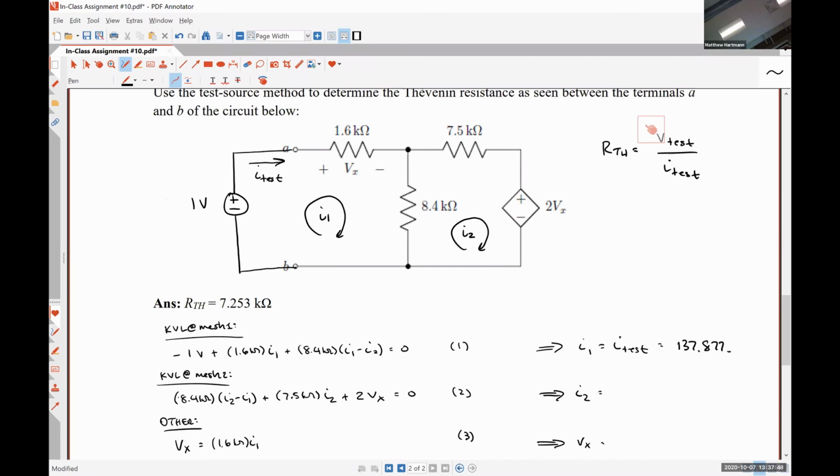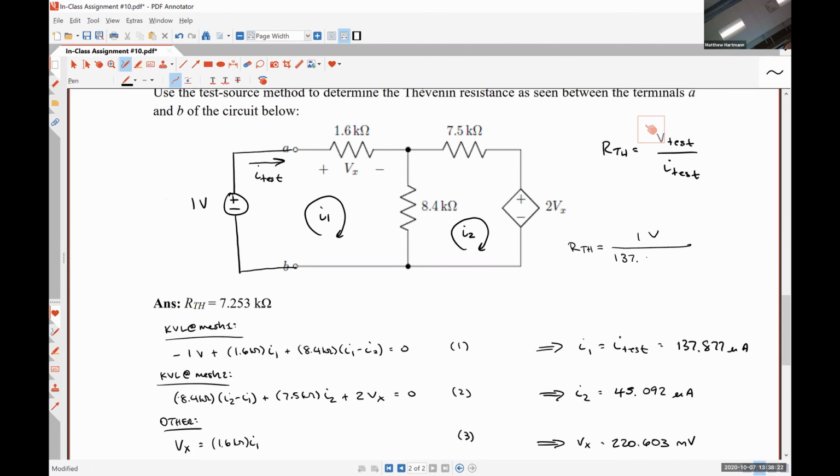137.877 microamps for I1, 45.092 microamps for I2, and lastly, 220.603 millivolts for Vx. So using my equation, R Thevenin is V test, which was 1 volt, divided by I test,